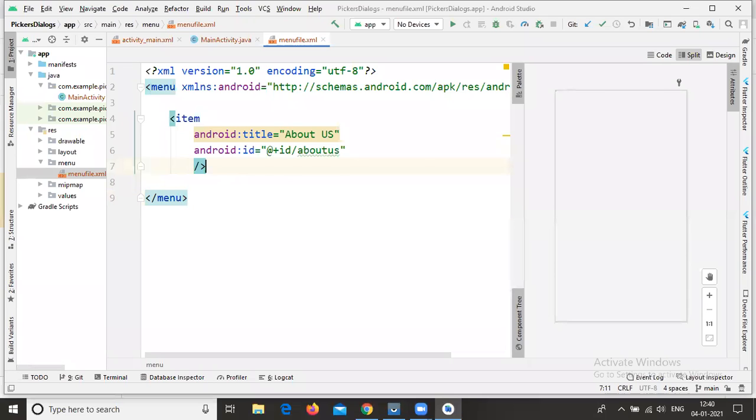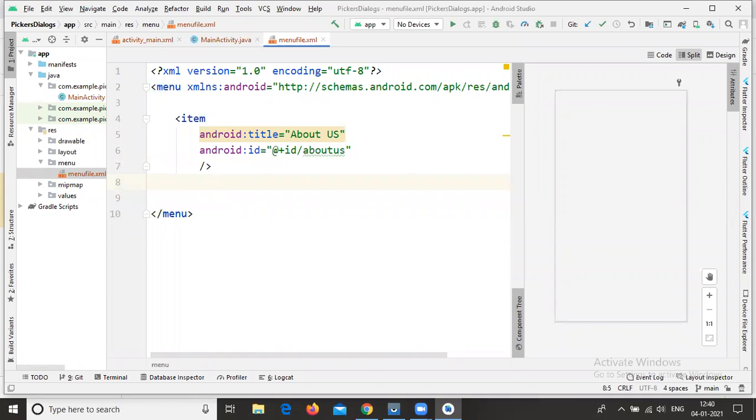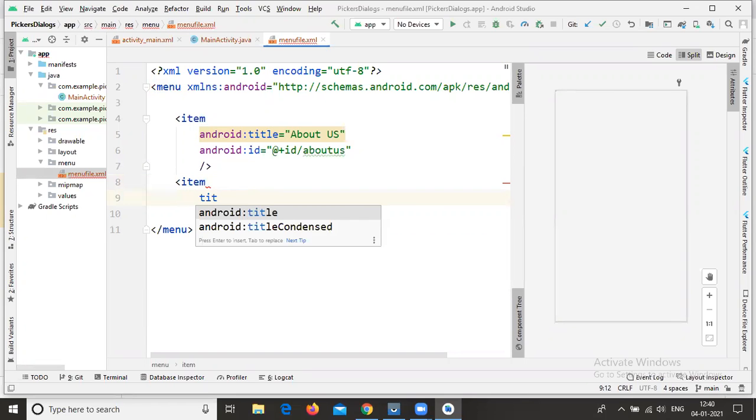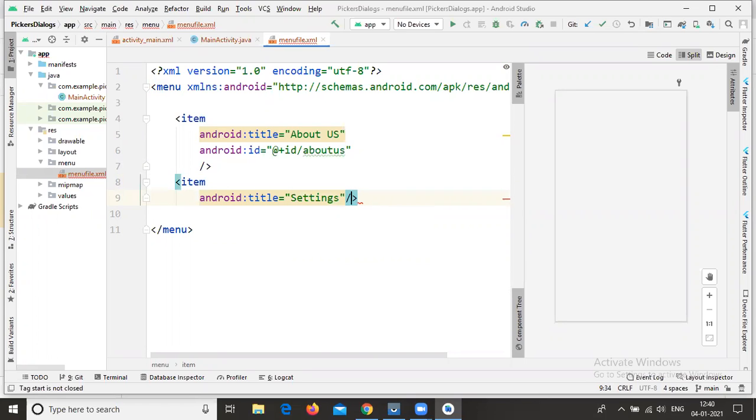Here I'm creating one more item. Item, title, here I'm using settings, ID settings. In the same way you can create n number of items.